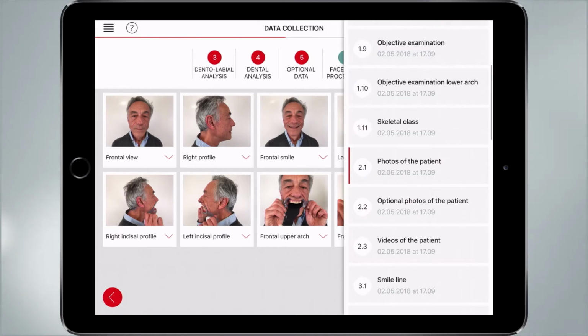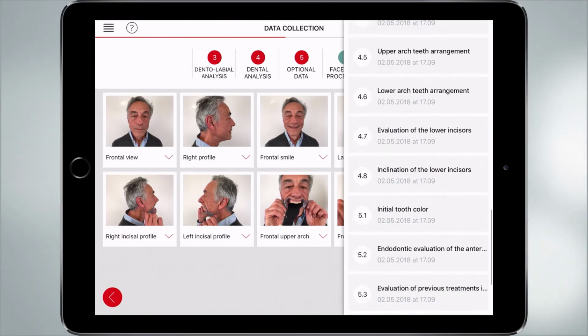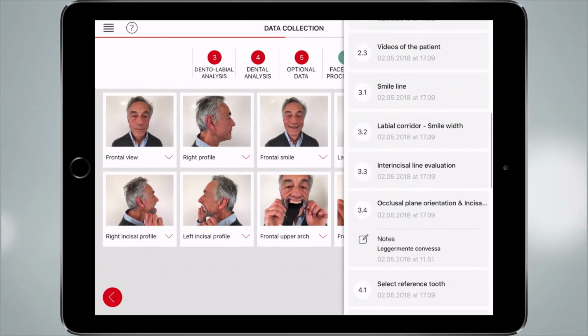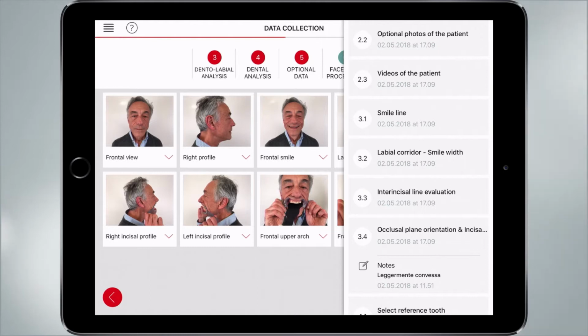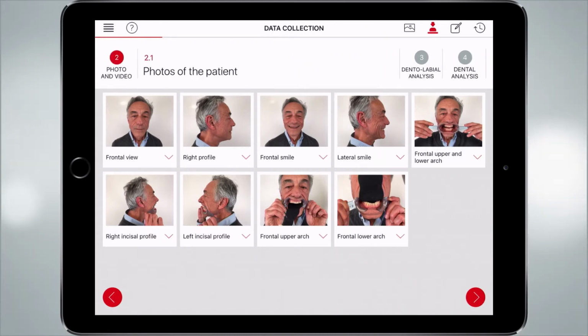And now you have also the scroll. You can see you have all the steps. You can go directly to the step you want. You don't have to be blocked, or have to go ahead one by one. It is very, very useful again. So now from step 2.1, we go ahead